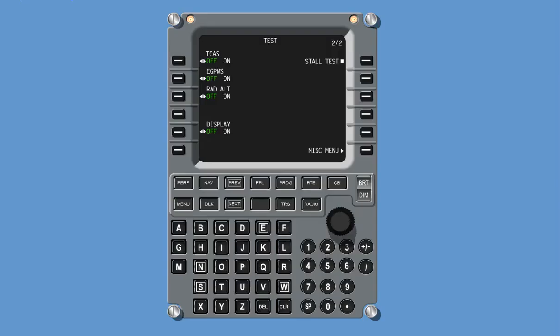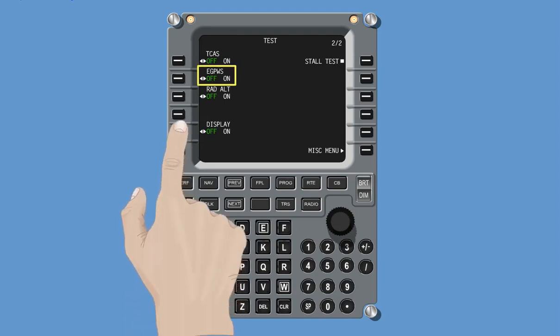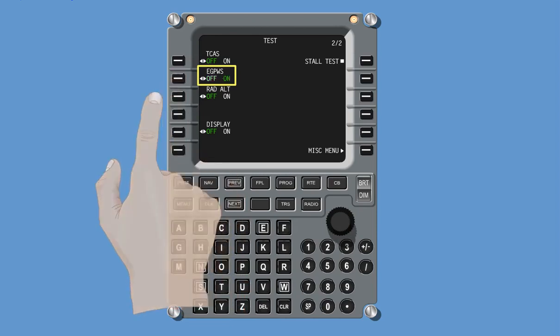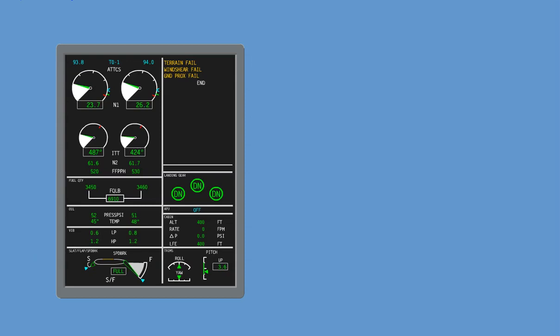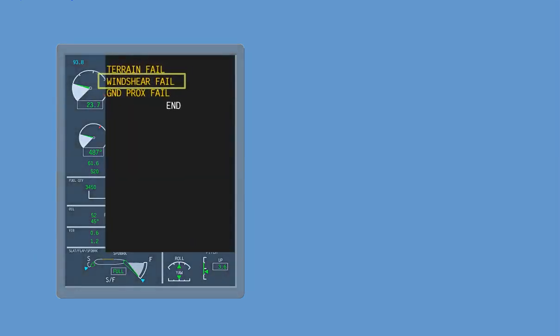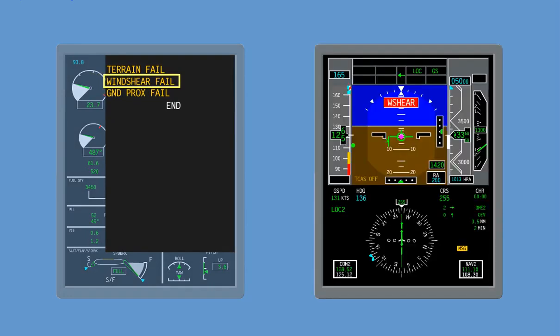All EGPWS warning functions, including the wind shear warning function, are tested during cockpit self-test prior to takeoff. The self-test is activated using the MCDU test page. During the test, an amber wind shear fail message is displayed on the EFIS. A red wind shear message is displayed on the PFD,